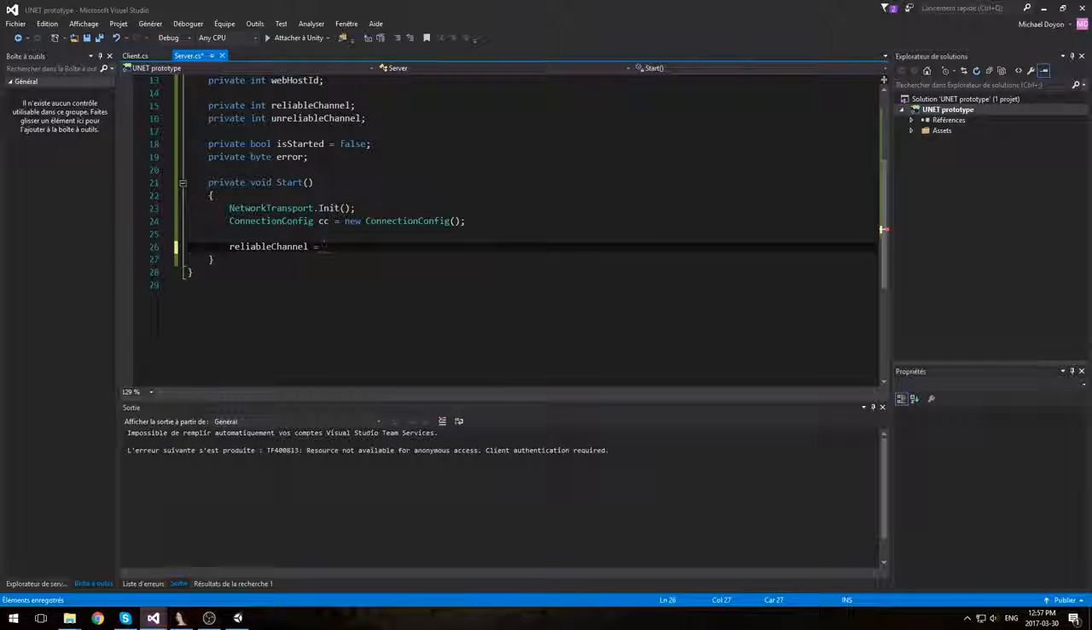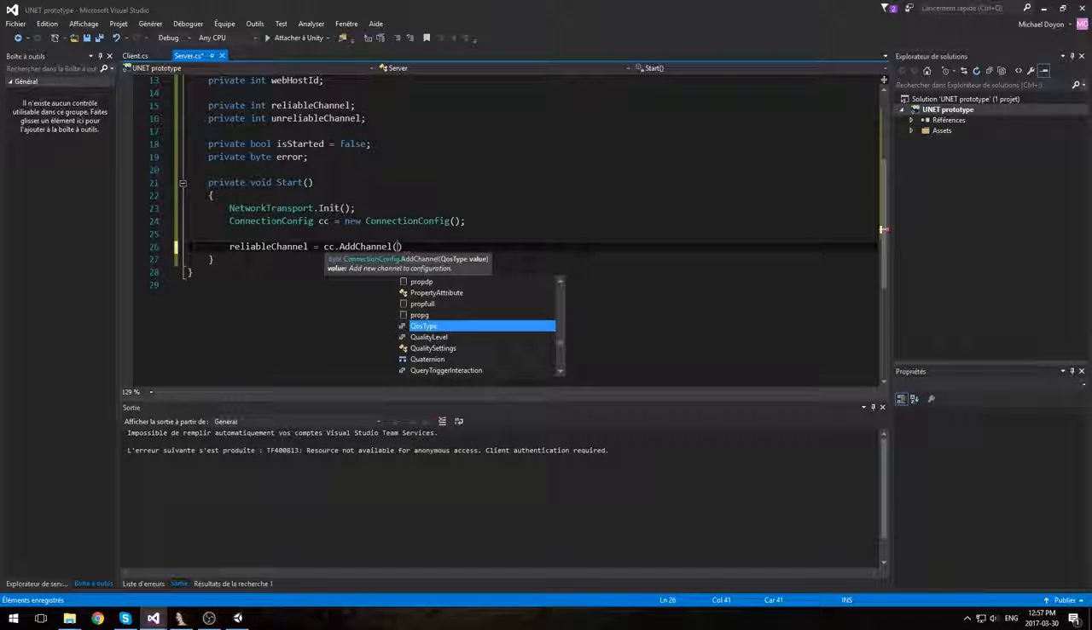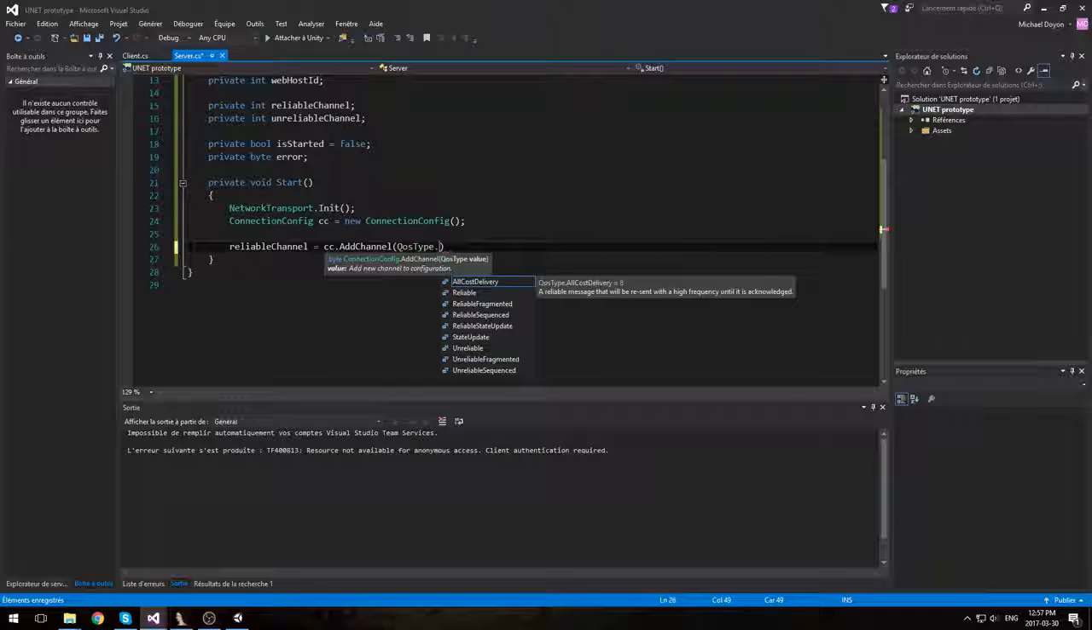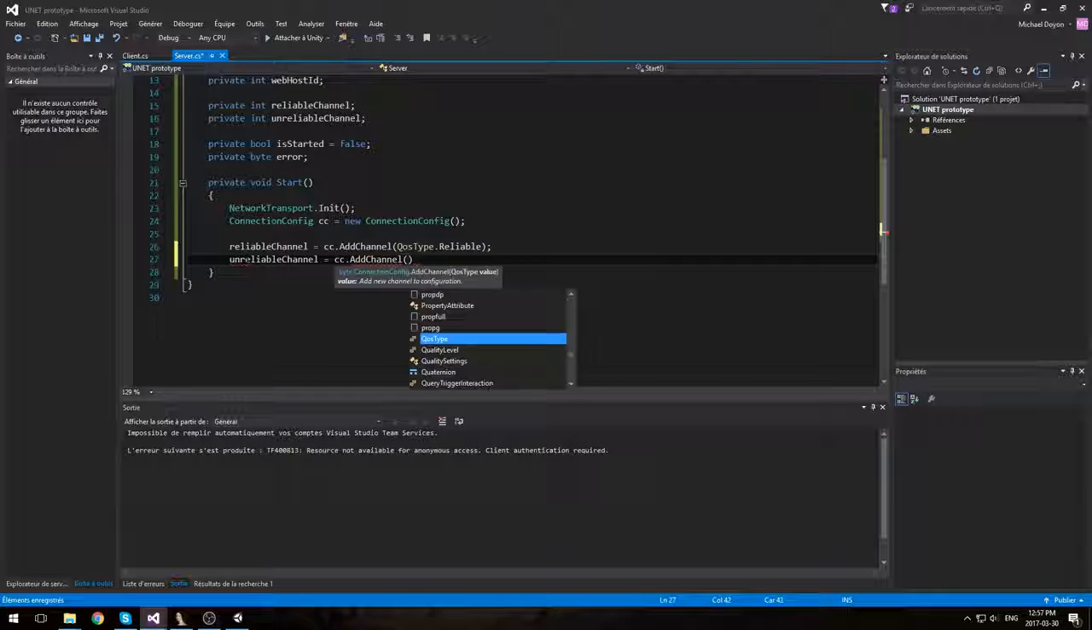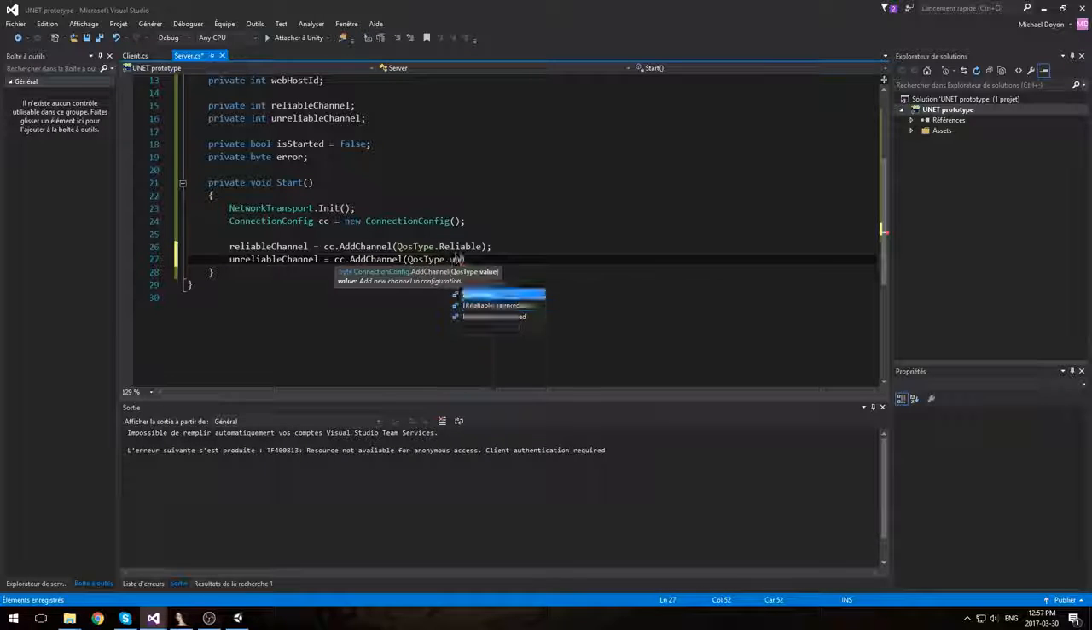Let's actually use our reliable channel and say it's equal to cc.AddChannel, and then you have the option. So we want to be adding a reliable channel in our case for important information, and an unreliable channel for movement updates. So AddChannel unreliable. There are also other channels such as reliable fragmented, so that's for big chunks of data when you have to send